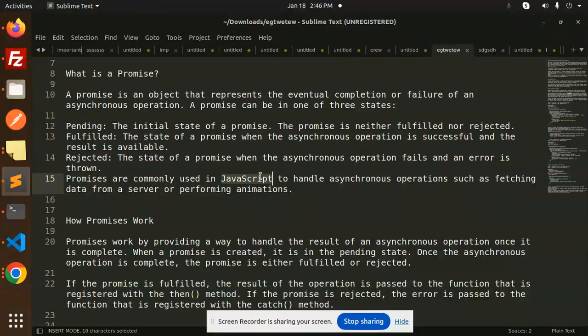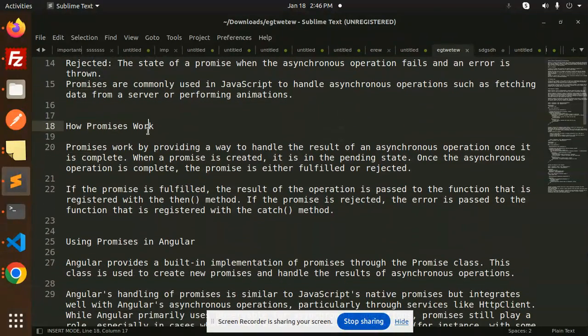Promises are commonly used in JavaScript to handle asynchronous operations such as fetching data from a server or performing animations. How do promises work? Promises work by providing a way to handle the result of an asynchronous operation once it is complete. When a promise is created, it is in the pending state. Once the asynchronous operation is complete, the promise is either fulfilled or rejected. If the promise is fulfilled, the result of the operation is passed to the function that is registered with the then method. If the promise is rejected, the error is passed to the function that is registered with the